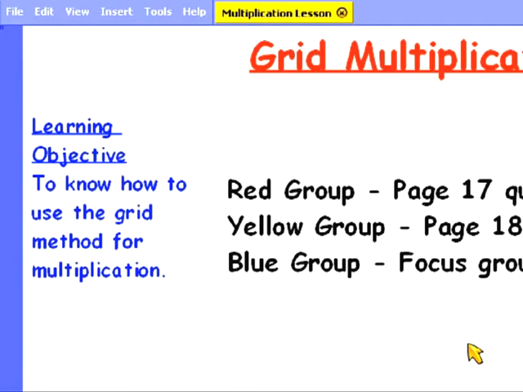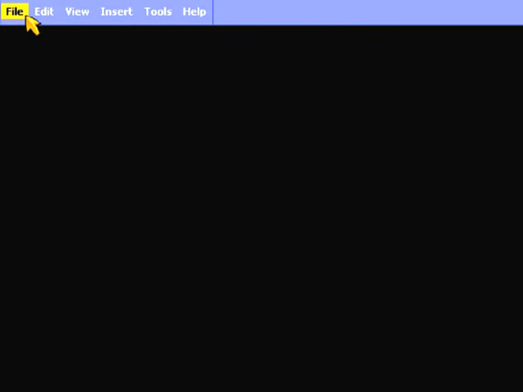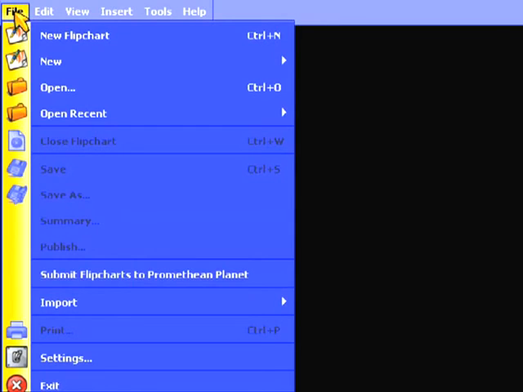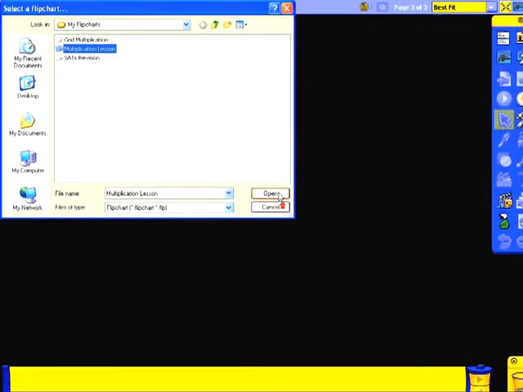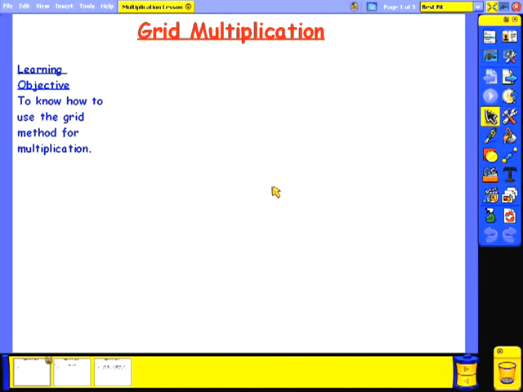Opening files is just as easy, but before I can open this file up, I first need to close it, and I do that by clicking on the cross next to the name. To open the flipchart file, I then click on the File menu and select Open. I then select the file I'd like to use and click on Open. So there we go, a brief introduction on